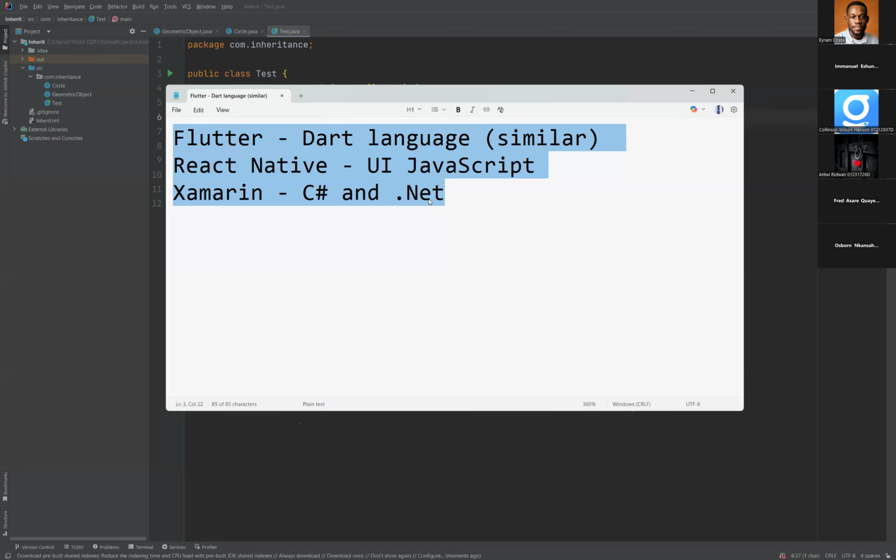Okay, so we are using Flutter. We are going to focus on Flutter. We can't do all of them. We just have to choose one and then use it. They all have their advantages and disadvantages. But we are choosing Flutter mainly because